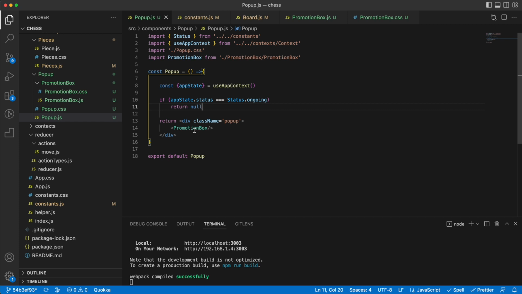And when the pawn reaches the end we should change the status to promotion so that the promotion box appears. In order to do that I think I could go here,